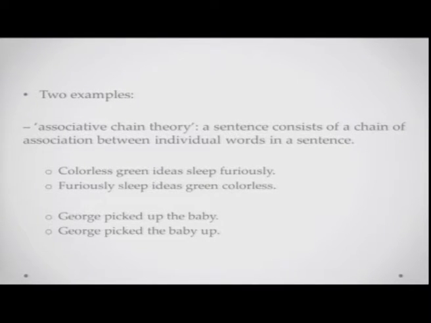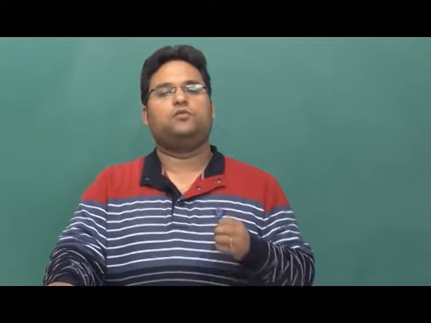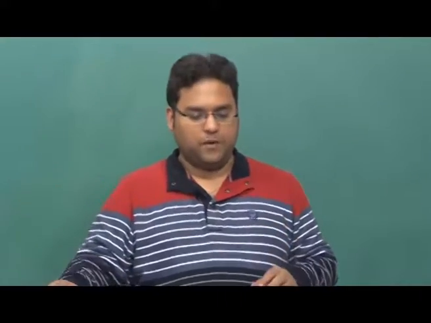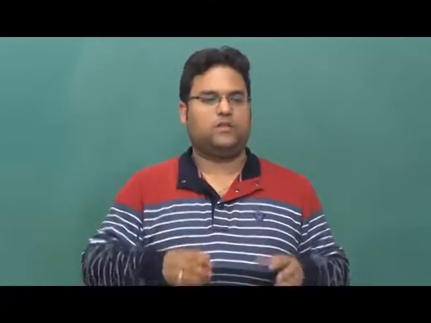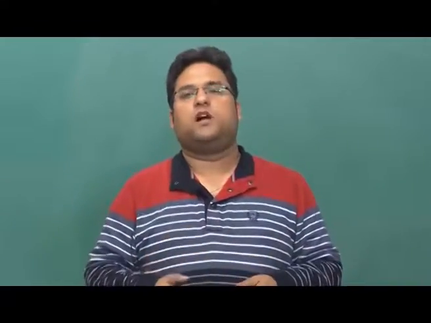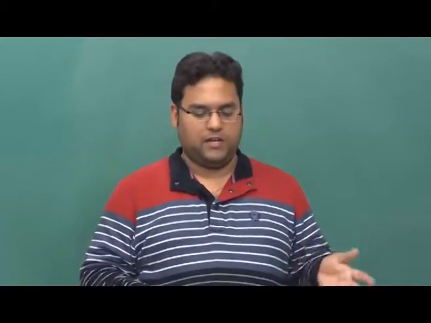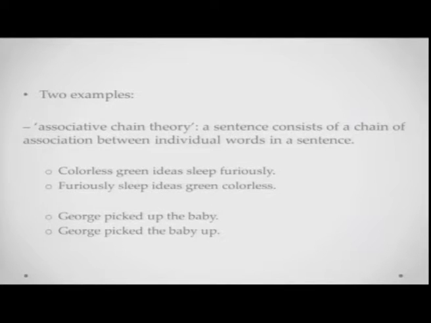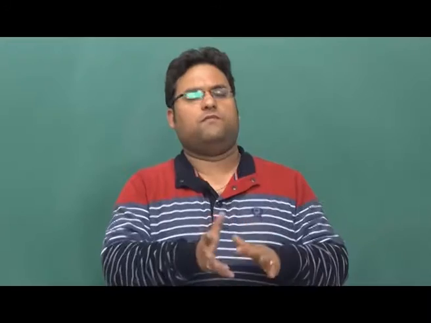One of the behaviorists' accounts of language is something called the associative chain theory. Associative chain theory basically says a sentence consists of an association between individual words in the sentence. Say, for example, you have a sentence like colorless green ideas sleep furiously. If I write it differently, furiously sleep ideas green colorless, it means a completely opposite thing. We are not really changing the association between the words, they are just coming in a different order, but